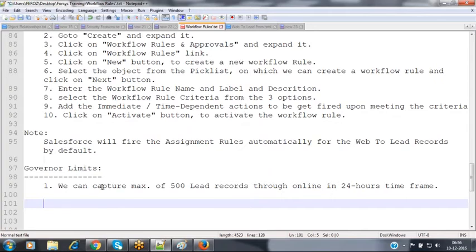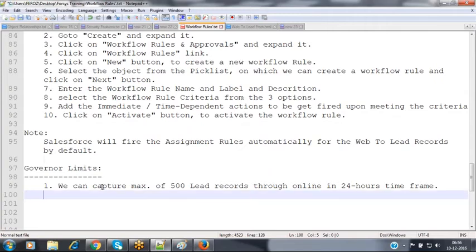After 500, some more people are showing interest here. Then what about those people's records? Those records will not be stored in my lead table. Then what happens to those records? For that, Salesforce maintains a queue called the Salesforce queue, which will hold a maximum of 50,000 records, associated to lead and also to case.